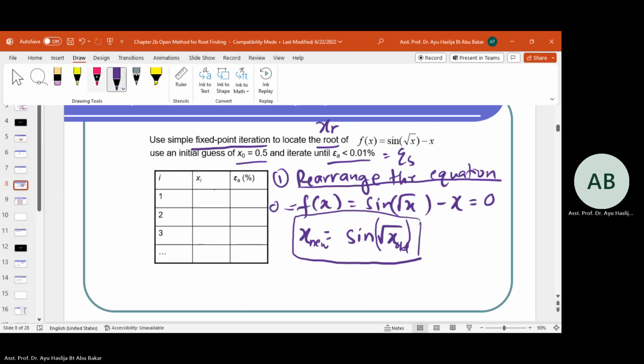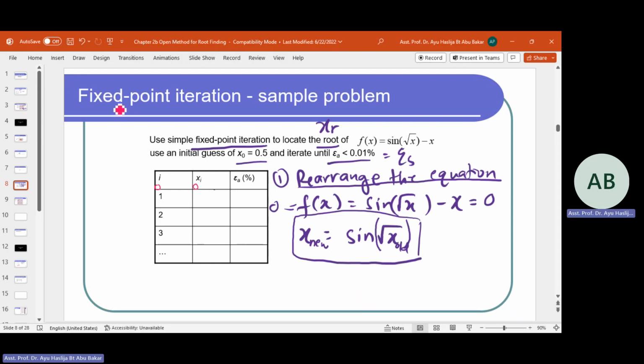Your first iteration is the one that you find using the equation over here, x new. So 0.5 over here will be the first value, iteration number 0, where the iteration hasn't started yet. So the first iteration is using 0.5 to find your x new. So x1